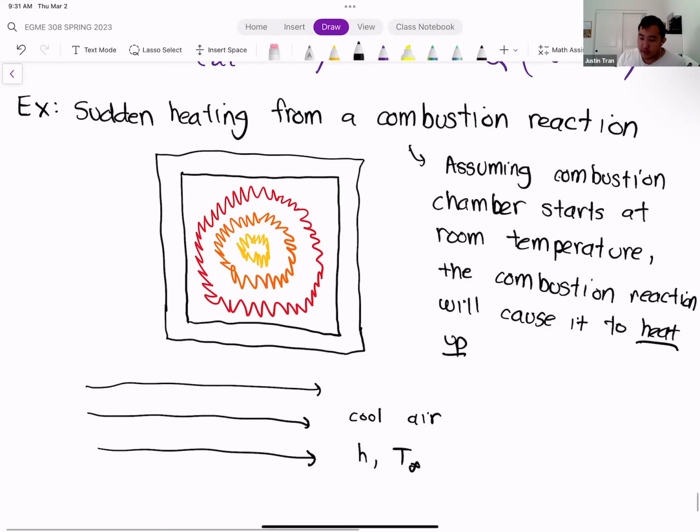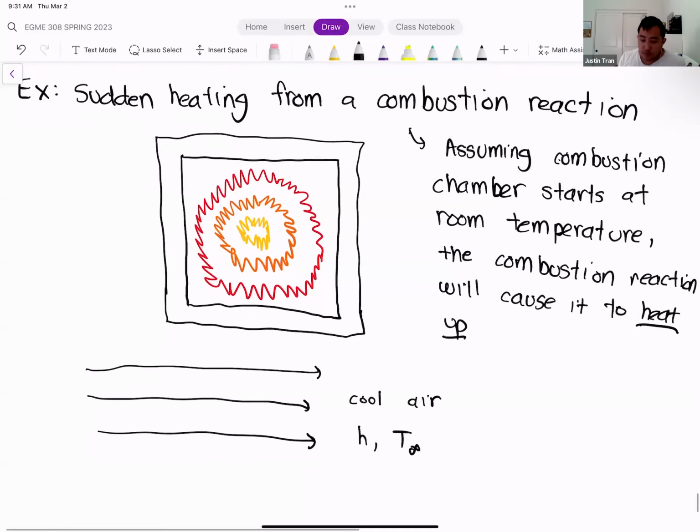So that's basically our situation. Again, I know not everyone's taken heat transfer, but physically, what's more important is to get the physical intuition of what's going on. We have a combustion chamber, and you can consider it just like an aluminum box. Inside that box, we're causing a miniature explosion caused by the combustion reaction, and that reaction is going to cause the chamber to heat up. But at the same time, outside the box, we have cool air that's cooling the box. So you have 2 opposing forces: the explosion that's going to heat up the chamber, and the cool air on the outside that's going to cool it down.